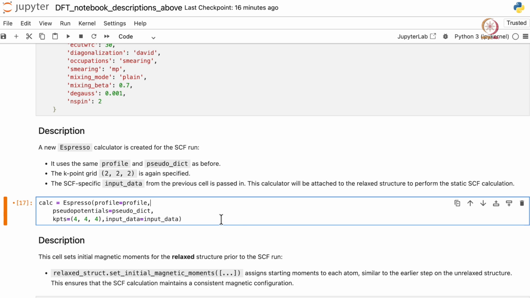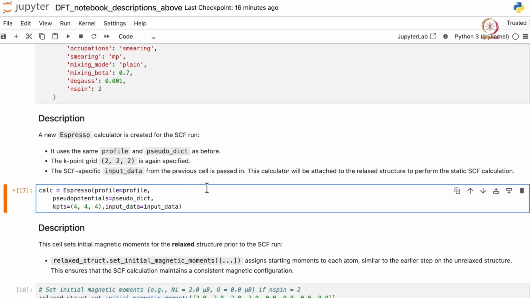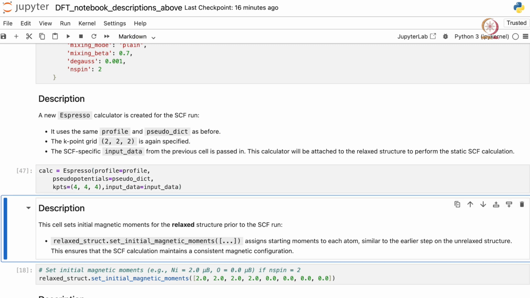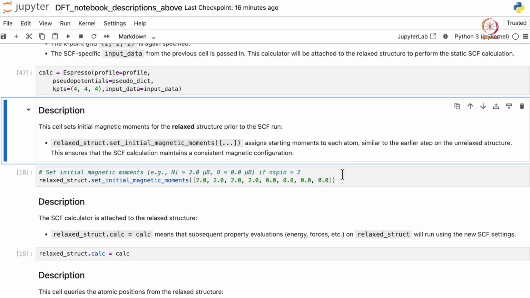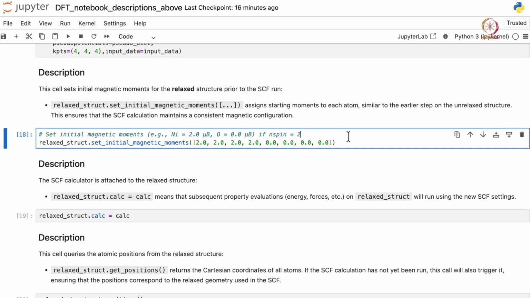Earlier we had 2 cross 2 cross 2, now we have 4 cross 4 cross 4. In the same manner we can set the maximum values for both nickel and oxygen. And now the SCF calculator is attached to the relaxed structure here.